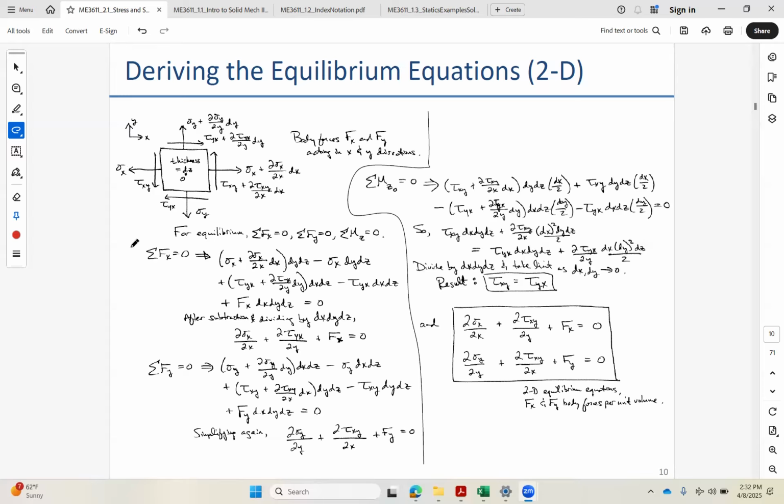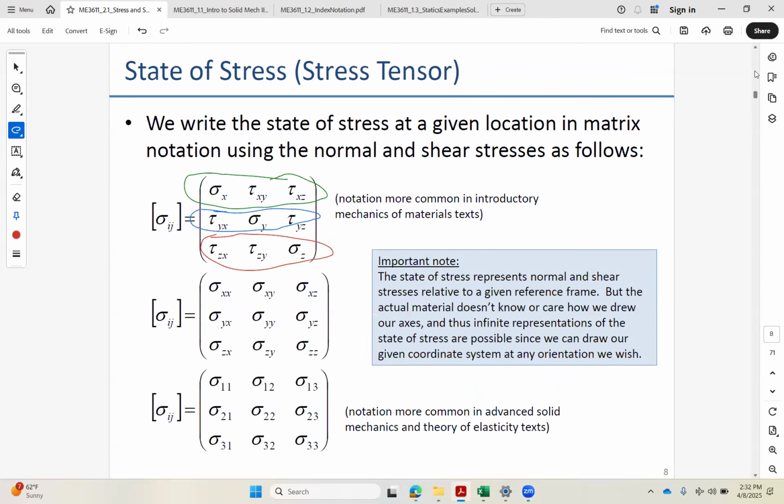So that summation of moments is what tells us, on the previous slide over here, that our shears are going to be symmetric. Sigma xy is sigma yx. And then in the 3D case, xz and zx, yz and zy would also be the same. So our symmetric line is going to be short, long is the symmetric line. Here's our symmetry for